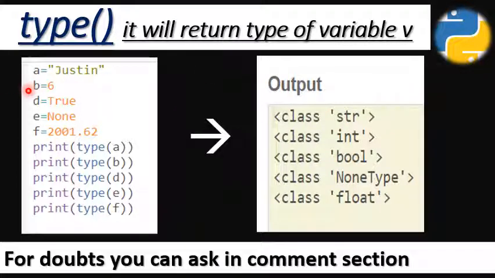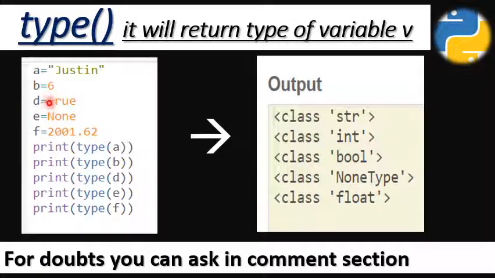Then see, in my second line I used my variable b which is equal to 6. So my variable b is storing a value of integer type. In the second line I used print type of b. Inside my print function I used my type function, and inside that I used my variable b. That means I will print the type of value assigned to b. Since I assigned a value of 6, which is of integer type, in your second statement it is class int, which means the data type is integer.